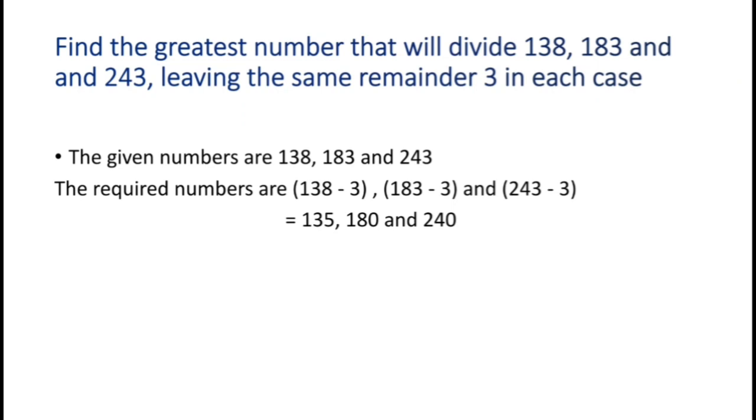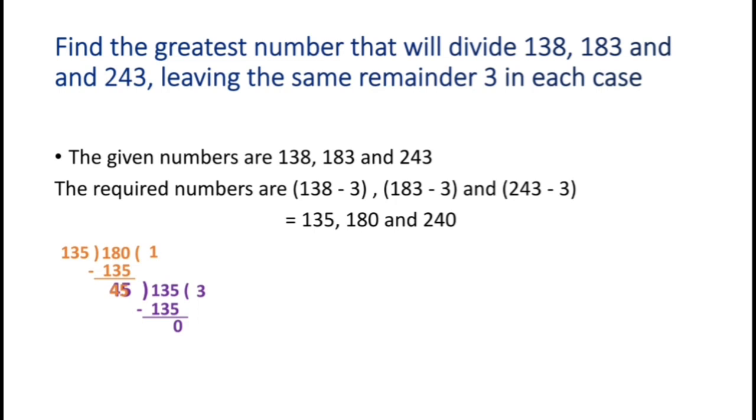I will consider 135 as divisor, 180 as dividend. First we will find the HCF for these two numbers. 135 ones are 135. The remainder will be 45. Now this remainder will become the divisor. 135 will become the dividend. 45 3s are 135. The remainder is 0. The HCF of 135 and 180 is 45.